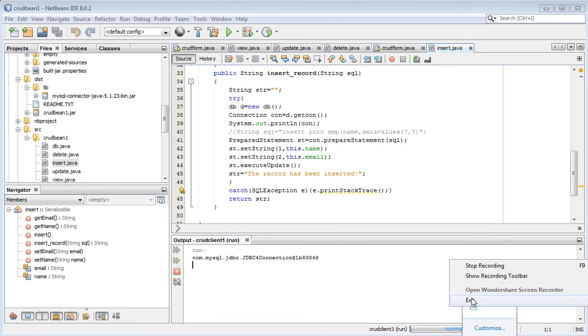and I choose the project. I have CrudBean1 and this is CrudBean1. If I click this, then all the classes will be available. I click next. These are the classes, db, delete. When I select all and I add it into beans, this is beans, okay.